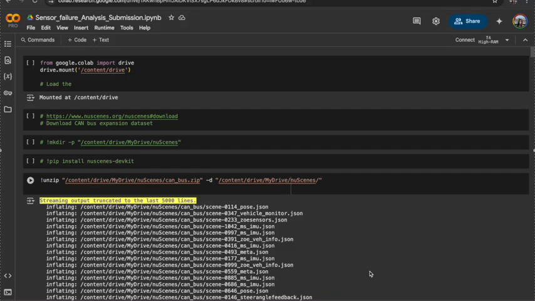Everyone, my name is Mridmai. I work in autonomous vehicle industry and today I'm excited to walk you through my project on sensor log analysis